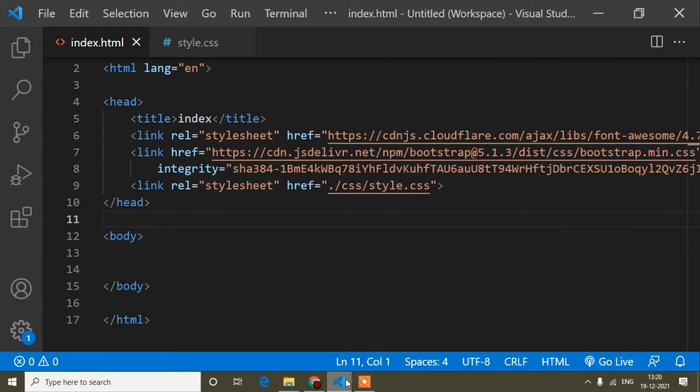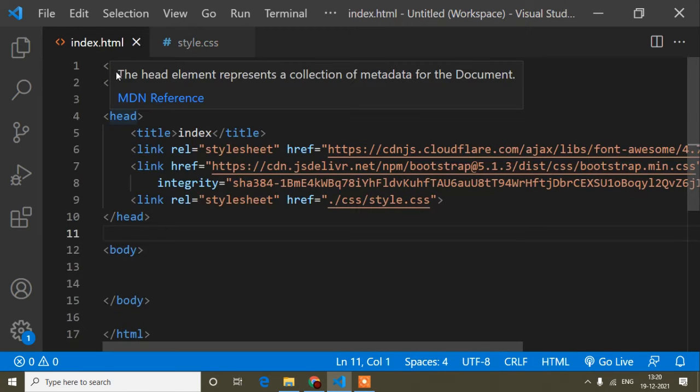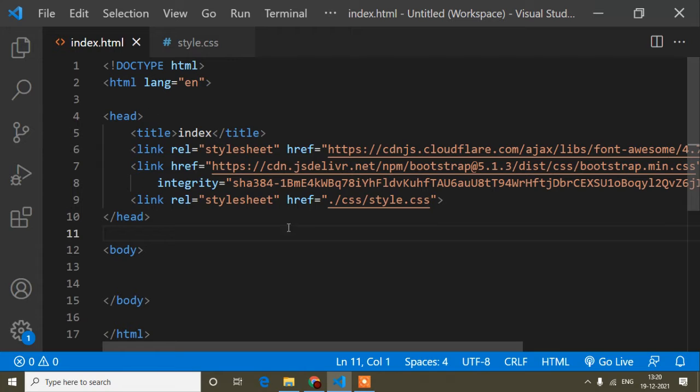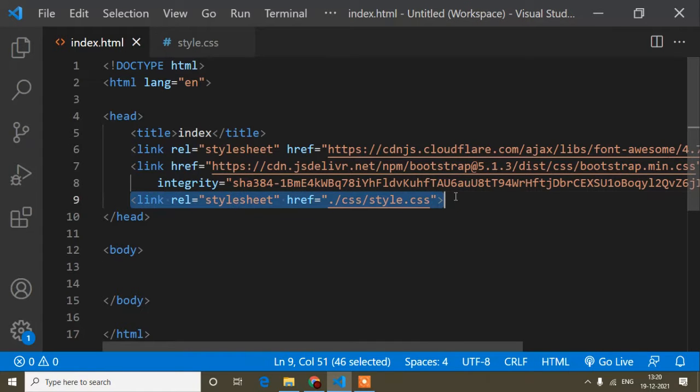First of all, I will open my Visual Studio Code editor. Here you can see I have opened index.html and the style.css file, and I already have added the basic HTML structure. I hope you know the basic HTML structure. Here it's only the Font Awesome link, so that link is not needed, but I have added it. And this is the Bootstrap CSS link. That link also is not needed, but I have added it. So you can ignore these two links, but this one is for the style.css. I mean this external CSS link I have added here. You have to do the same thing. If you don't know how to add the external CSS link, you can write in the comments. I will try to explain this one, and this is a very simple thing.